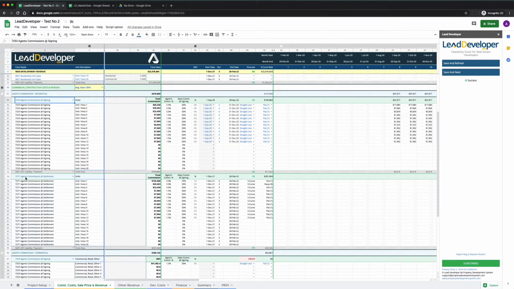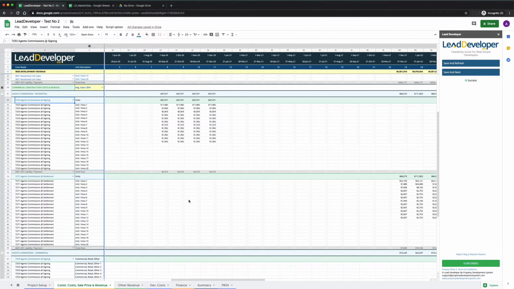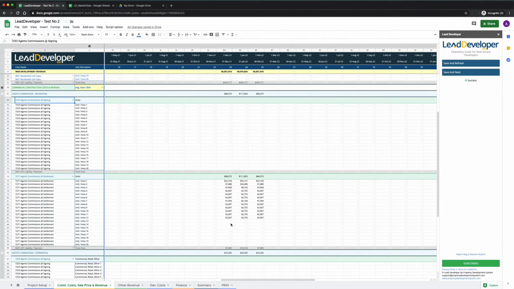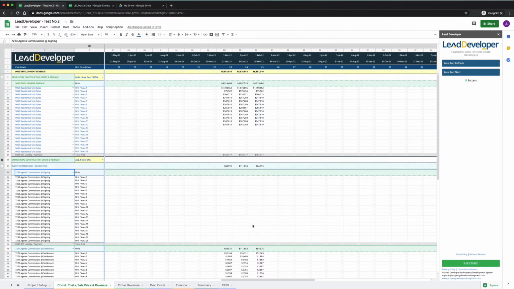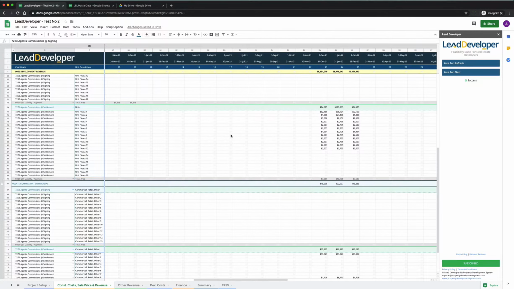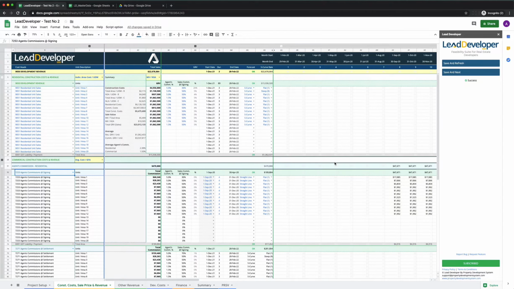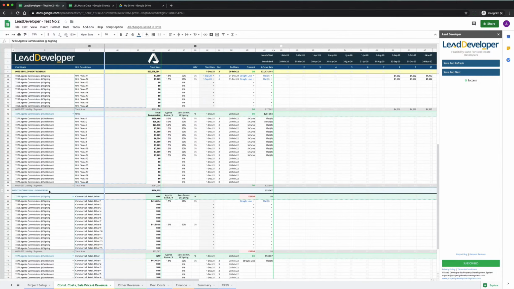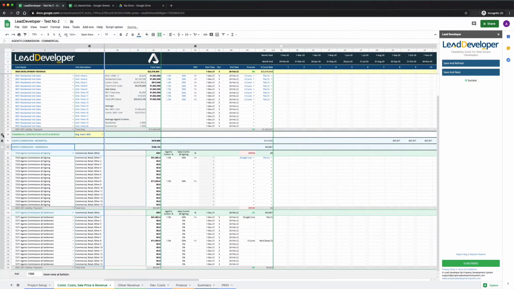Like for example, agent's commission at settlement, all these calculations will happen automatically, and you will see that the rest of the commission will be coming out in line with when you're settling on the units. So everything is coming out, and over here everything is coming out when you allocate it, when you need to do your pre-sales. So once that is done, I can minimize that, and I do the same thing